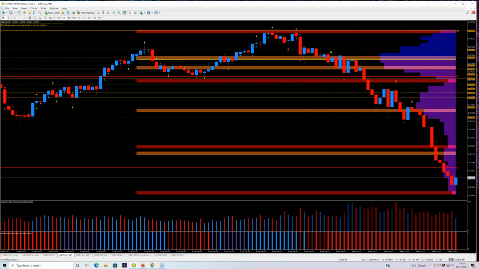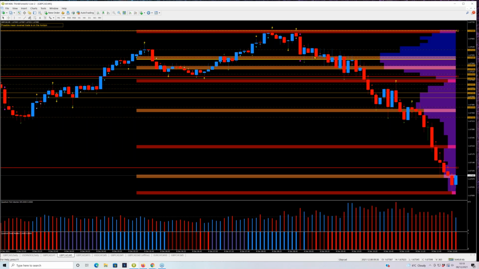Look to where the wicks are at the bottom, at the candles. Are they more generally to the top or the bottom? It doesn't always work, but if you have a sideways movement with lots and lots of candles where we've had effort to rise, pushback, effort to rise, pushback, effort to rise, pushback, the chances are it is still going to look bearish. And we can see from the daily chart that it's already had a big down day.